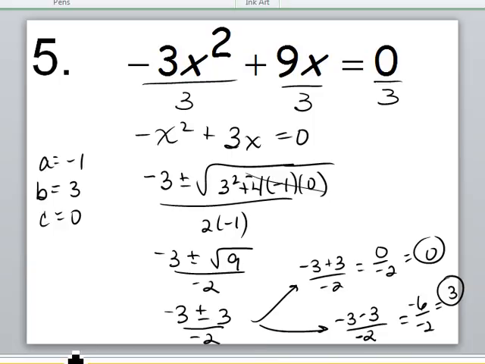This also could have been done using factoring. Quadratic formula is a method that we want to use when we can't